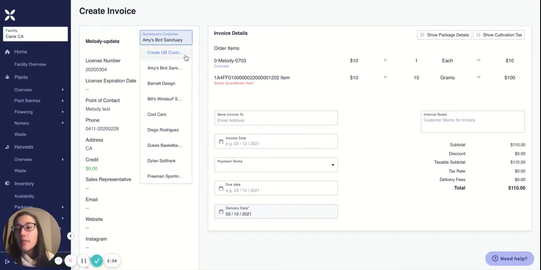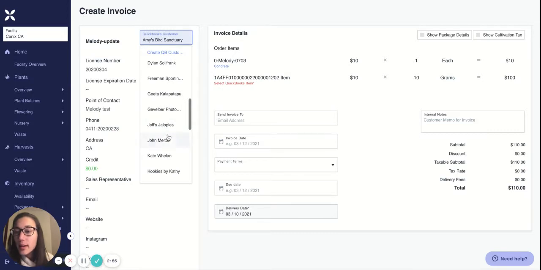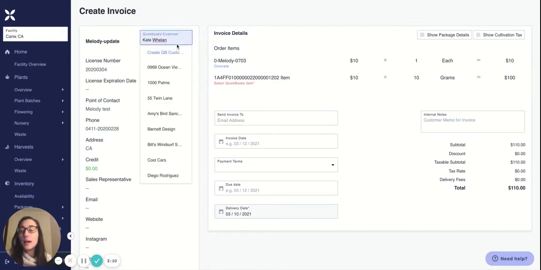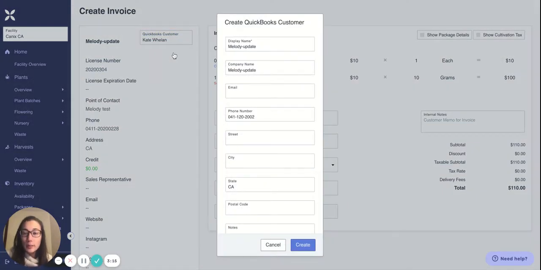If you have the QuickBooks customer in here already that you'd like to match it to, go ahead and associate that. You'll only need to do this once. We'll save that association the next time you send an invoice from that customer, so you don't need to keep associating the two. If you don't have that customer existing in your account, you can say create QuickBooks customer, and